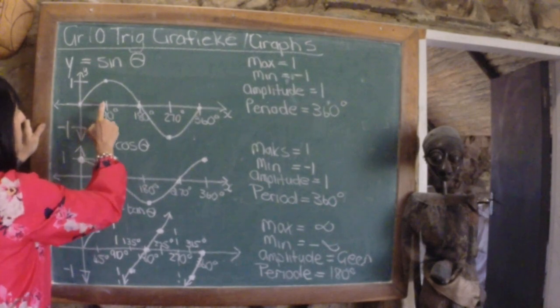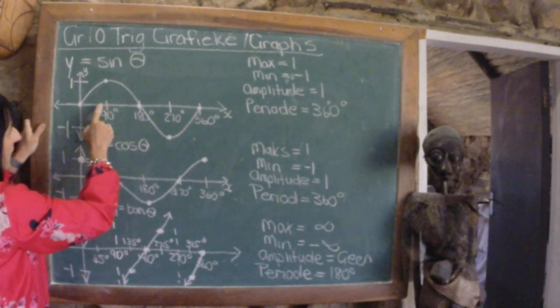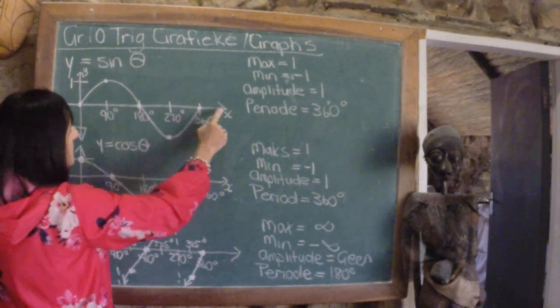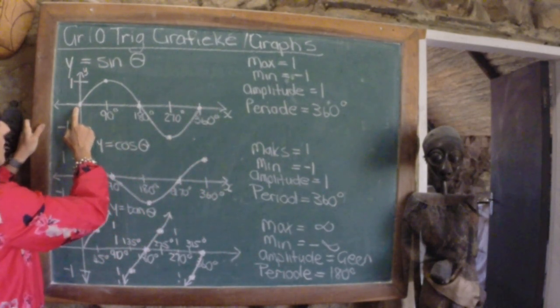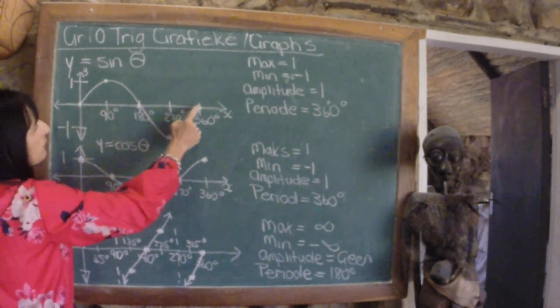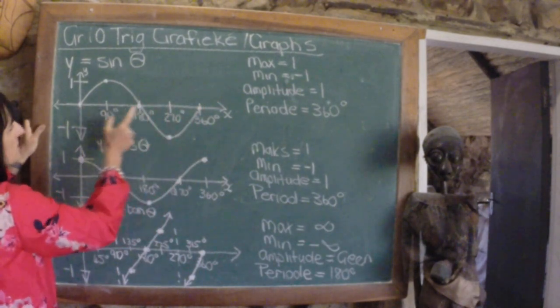Then, at 90 degrees, I'm calibrating the x-axis in degrees, so I'm making 1, 2, 3, 4 intervals, exactly the